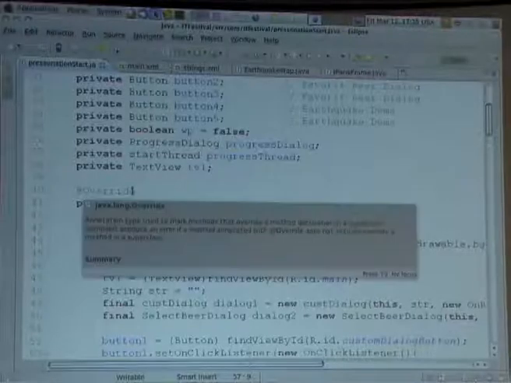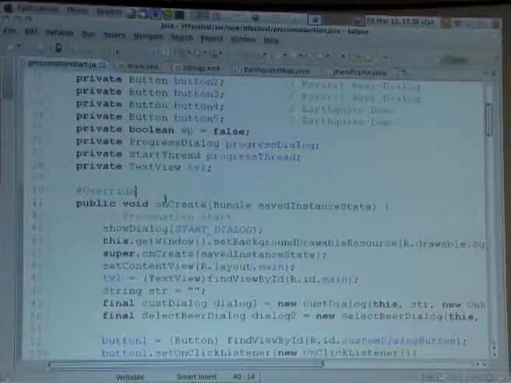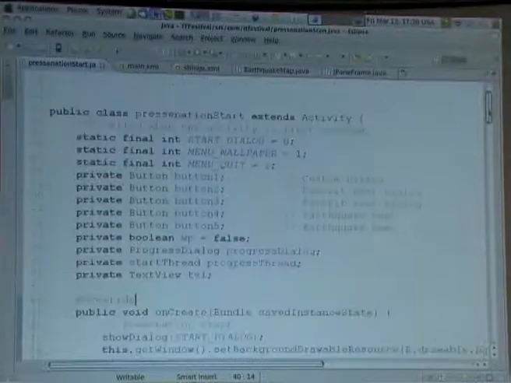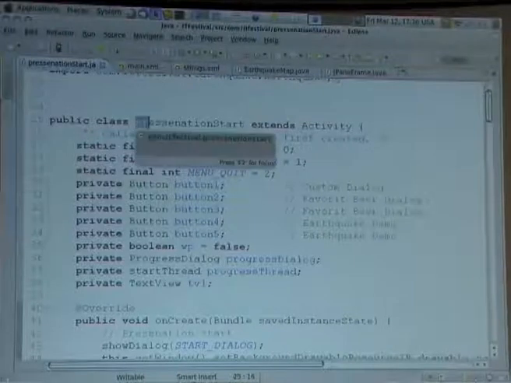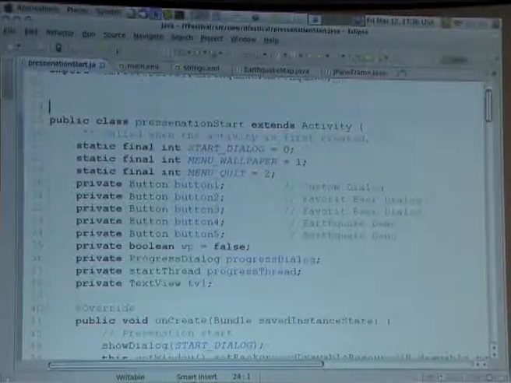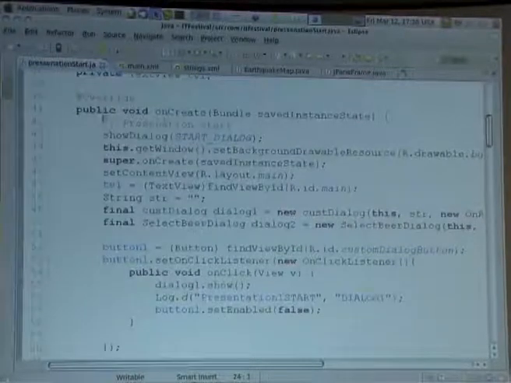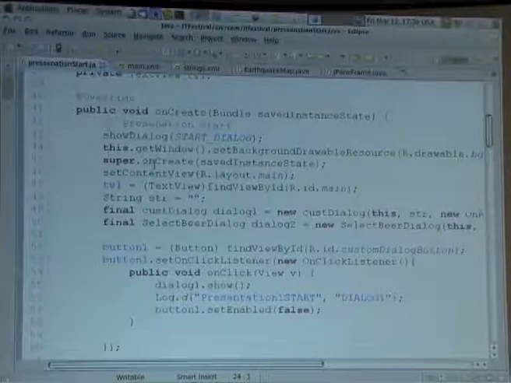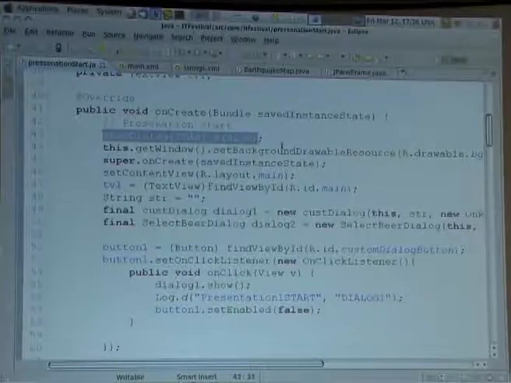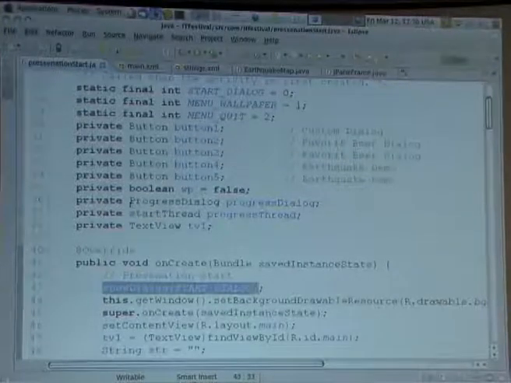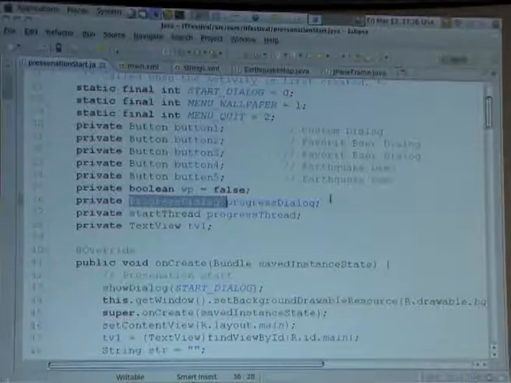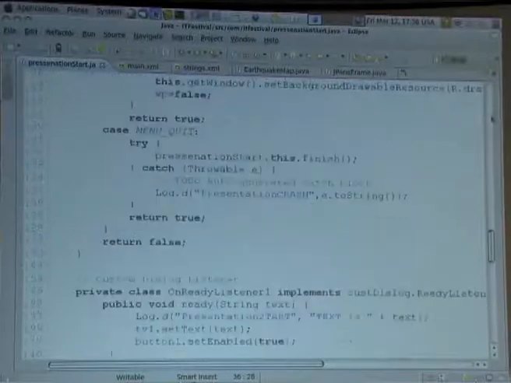This is, as I have told you, the first method you have to override when you create a new activity. This is the root activity of our project, the presentation project. It extends the activity, and here it contains what's going to happen. It shows a dialog. I have created a progress dialog, one object, and by calling the method